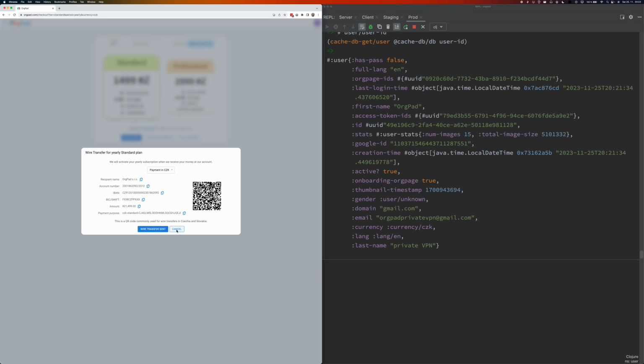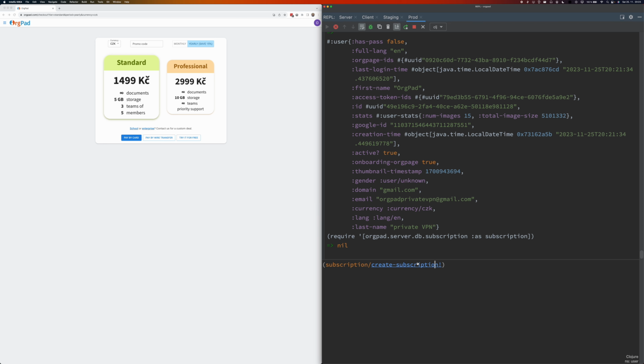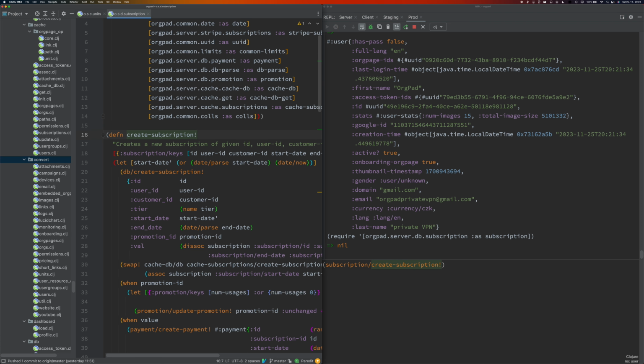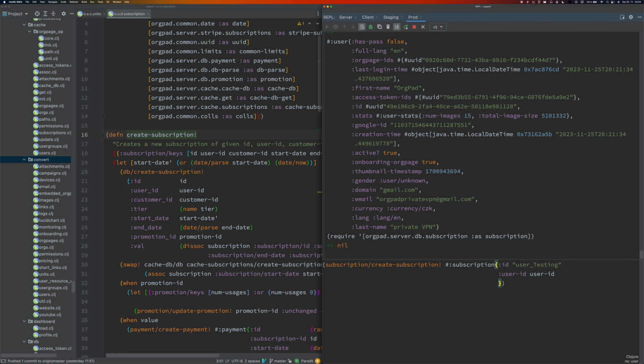So we have a function we can run here: subscription/create-subscription. This function takes an input map describing everything. The input map is subscription ID, say I do user testing. Then I have user ID, which is my user ID. Customer ID is for Stripe.